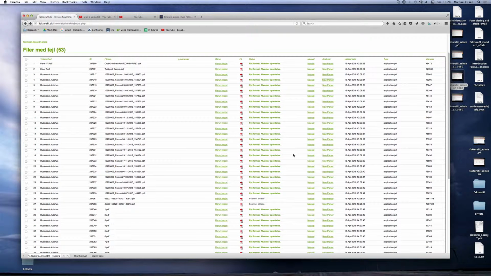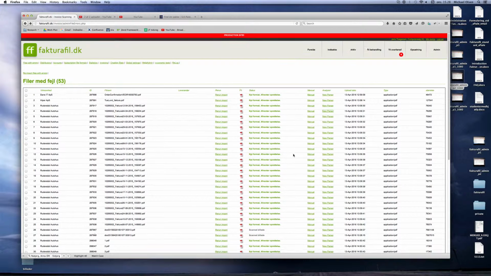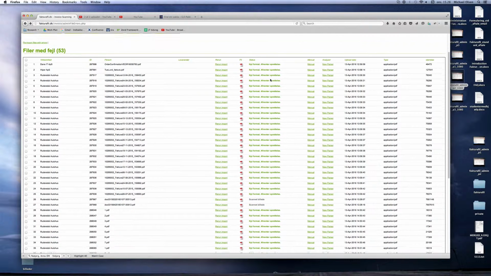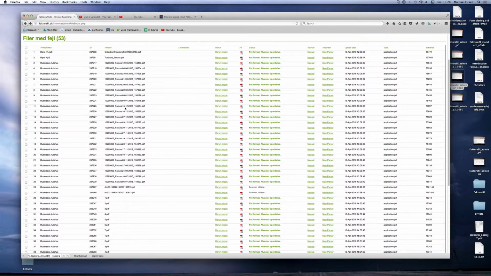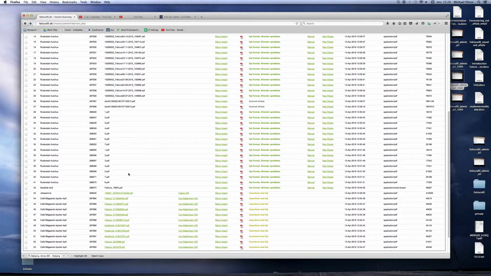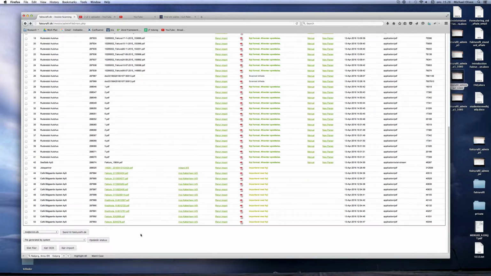I now have 53 invoices awaiting handling, and I just wanted to show you that even though it is perhaps frightening that it says 53 need to be handled, very often if you fix one, you fix them all. As you can see in the file name here, they are pretty identical. So just to give you an idea of how fast you can actually fix this,